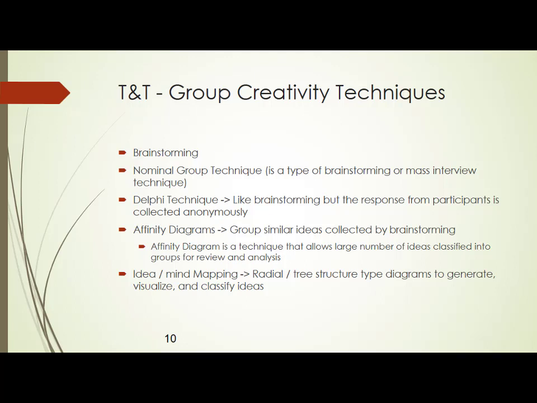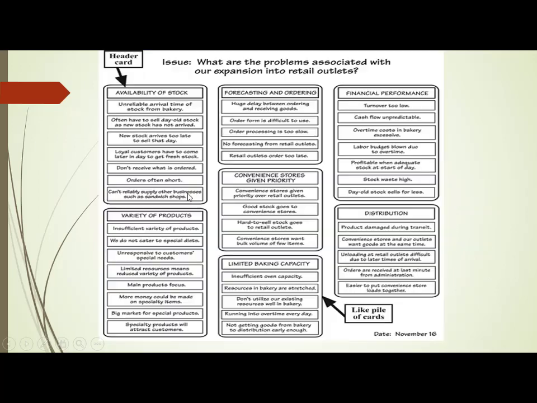Now when they start giving requirements, you have to categorize them, because each one of the person will give requirements in his own domain. So when you ask a requirement of a lab technician, his requirements would be totally concerned with the lab. So for that, what I have to do, I have to draw one affinity diagram. So what is that affinity diagram? It is a diagram technique that allows large number of ideas classified into groups for review and analysis. So maybe if you look at one example, you will understand.